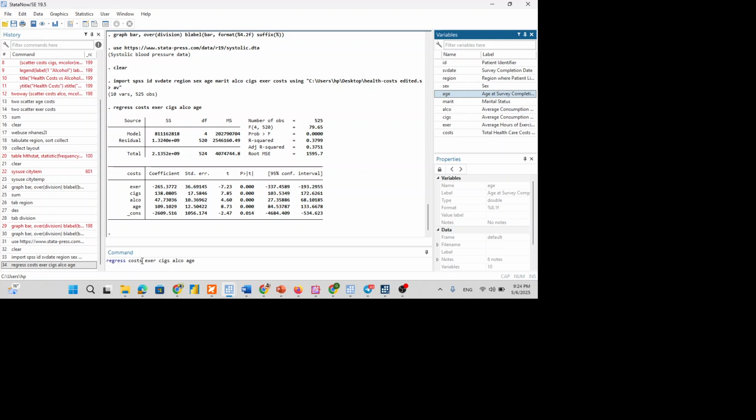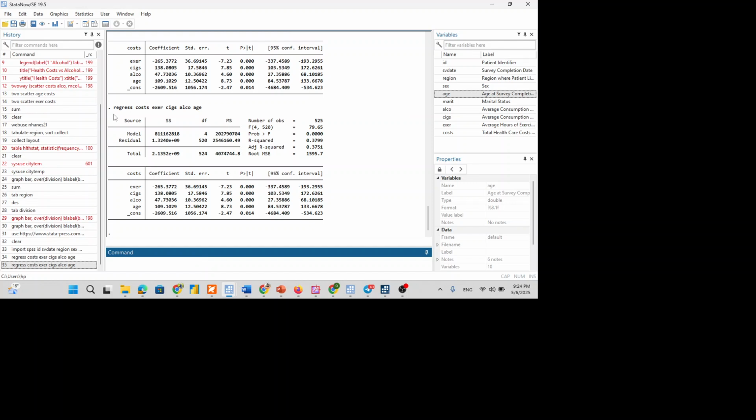Please don't forget the dependent variable should come first, and the independent variables follow the dependent variable. So write the command. As you can see, the regress is in a different color than cost, exercise, cigarette, alcohol, and age. So click enter. So this is a similar result to what we found previously.